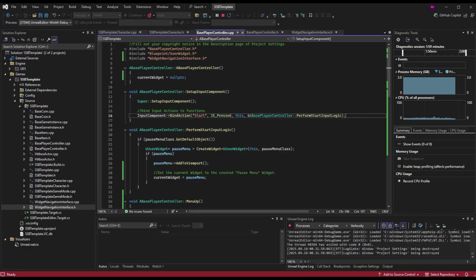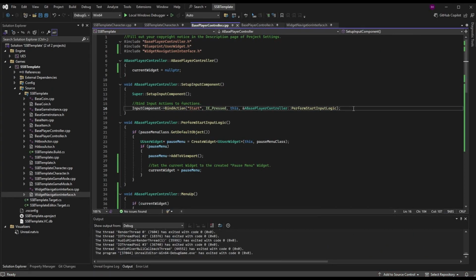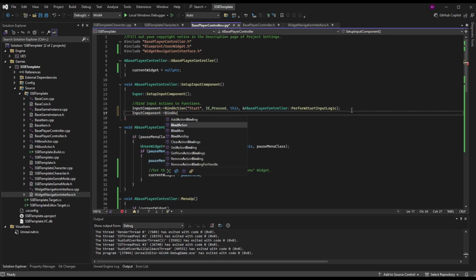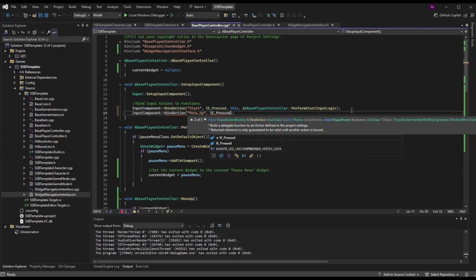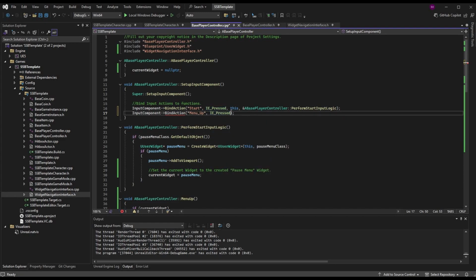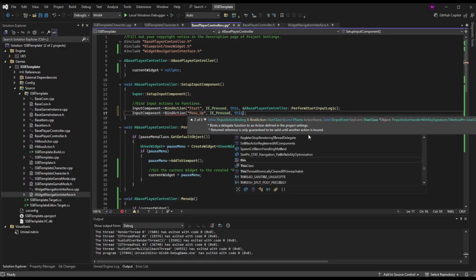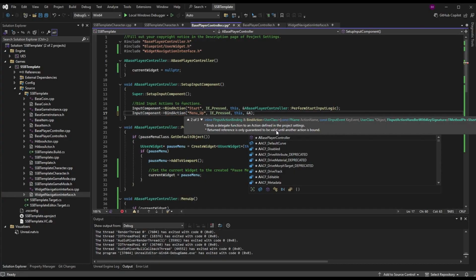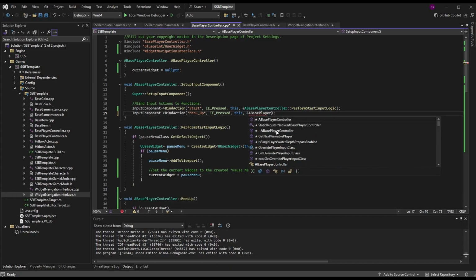Now if I go back to the code, I need to add all the bindings for these. So we have start in here already. That's fine. And then we want to add InputComponent, BindAction. And then we want menu up. We'll do it in the same order as our functions. And we want to call this function when we press the menu up input. The object that we're calling it on is this, which means this player controller. And what we're calling is ABasePlayerController::